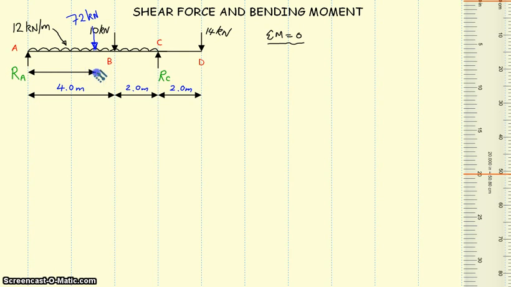There. And there. And obviously we need to write those in. So if it's 6 meters long in total, we know that the equivalent point load for a UDL will sit centrally on the UDL. So it's 6 meters long, so obviously